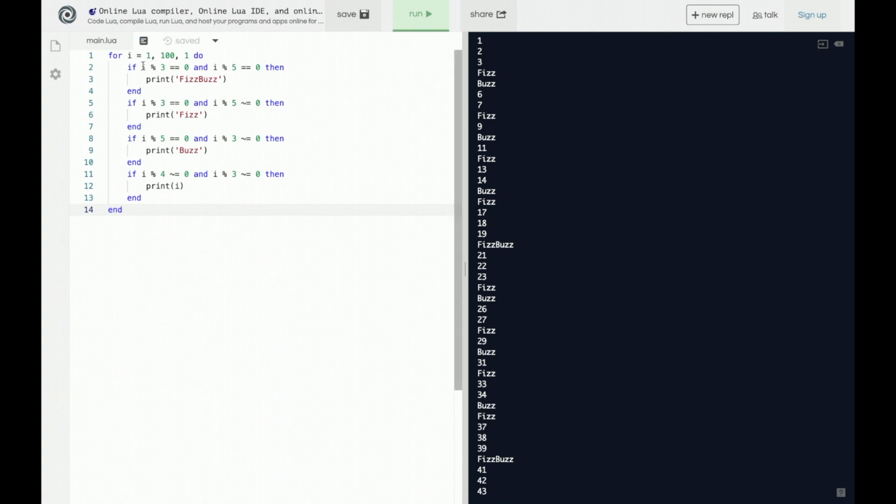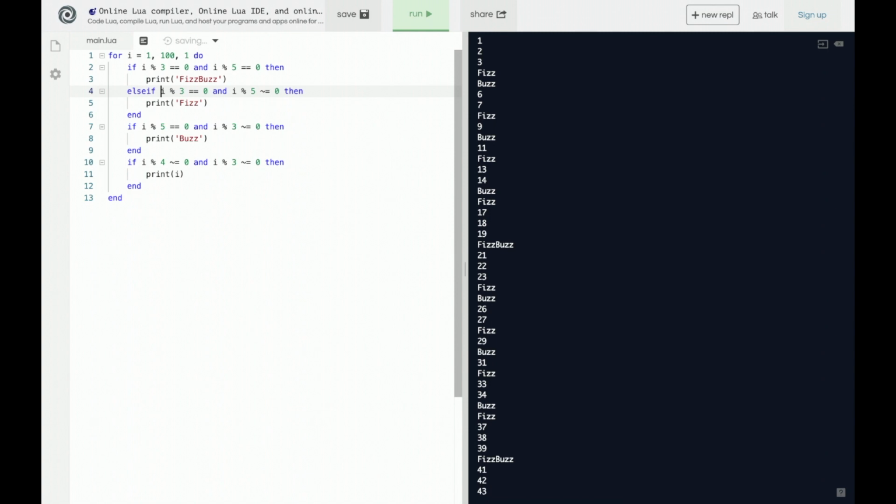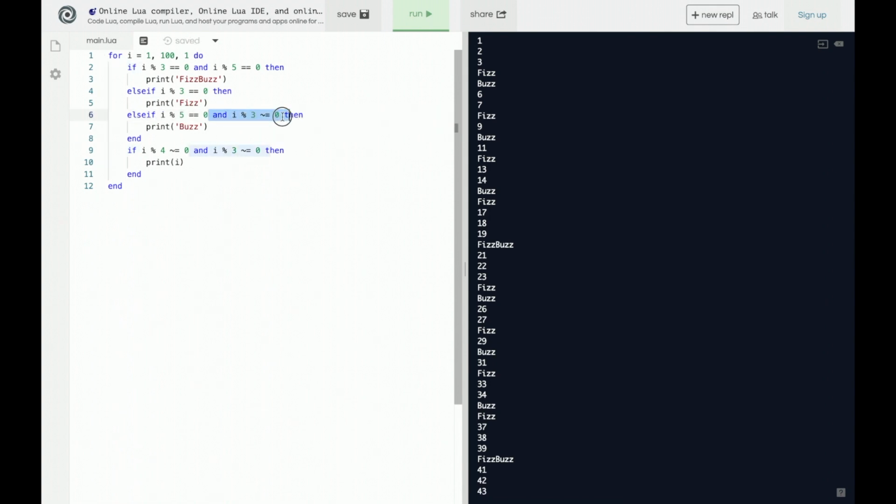So first of all, instead of having a bunch of if statements and then more if statements, we're just going to chain this together in an if then else statement. So we can say if i equals both of those, then print fizzbuzz, and then else if i is equal to 3, and we don't need to check to make sure it's not equal to 5 because we already know it's not equal to both, and print fizz. Else if, and then we can check to see if it's a multiple of 5, and we don't need to check to see if it's a multiple of 3. Then we can print buzz, and we just say else